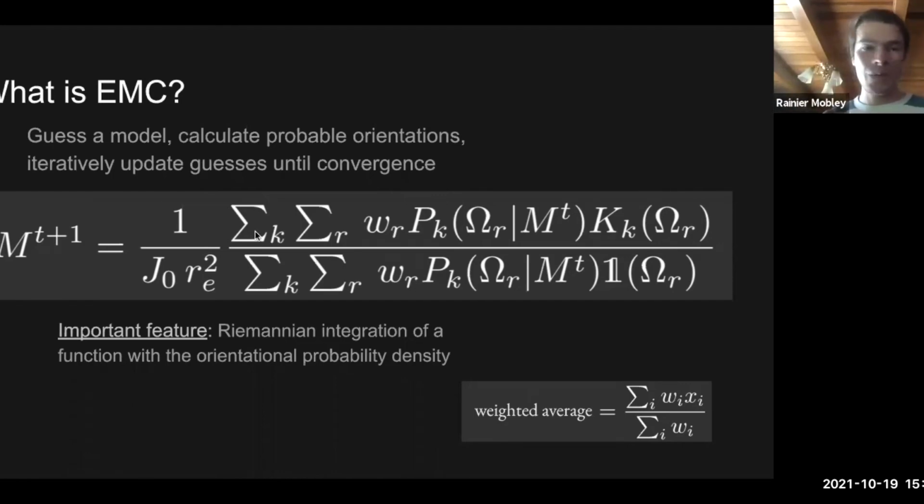So what we're looking at is J naught here is fluence, and this is the classical electron radius. The subscript K is just your number of shots, your diffraction pattern, and then R is your orientation. So you're summing over all your diffraction patterns, all your orientations. This is some weights to get the